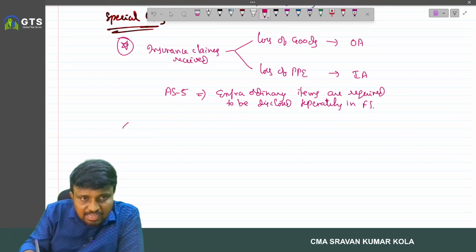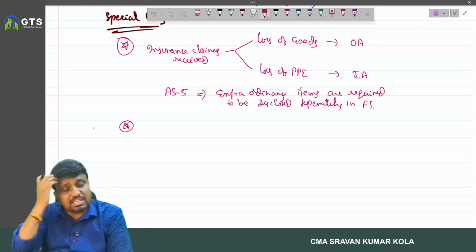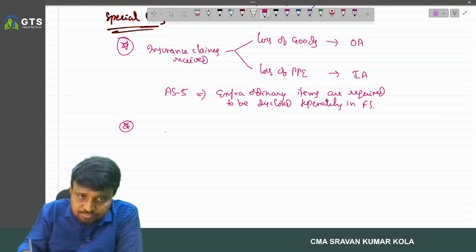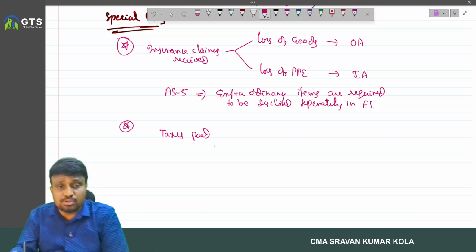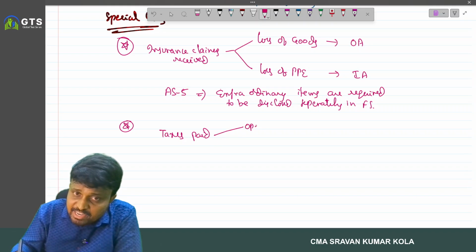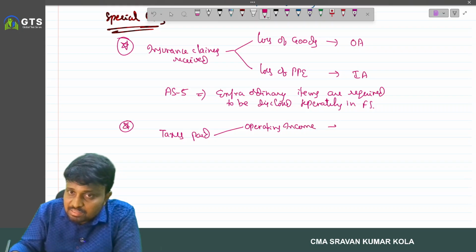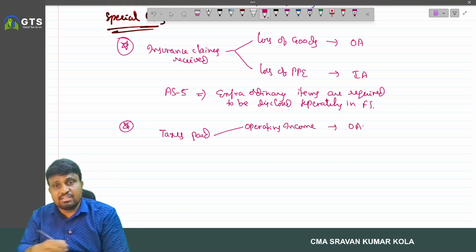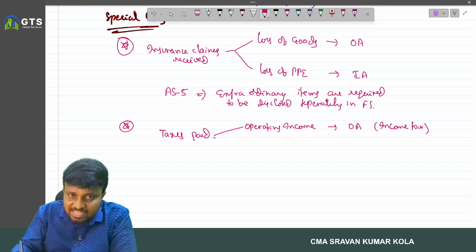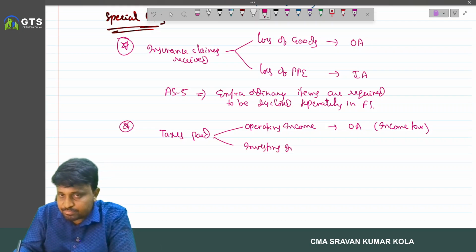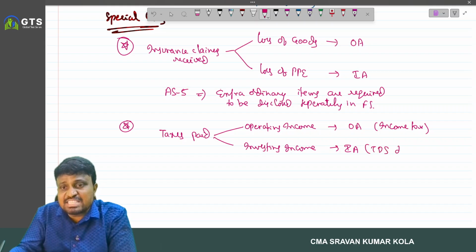Okay, and the second special case is, for example, taxes paid. Where to consider taxes paid, if any? And remember, if taxes paid is relating to the operating income, then it is covered under operating activity. The best example is income tax. And if the taxes paid are in relation to the investing income, it is covered under investing activity, any TDS deducted